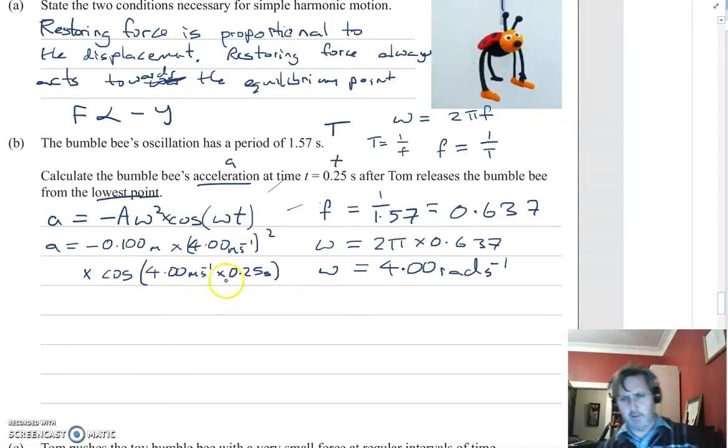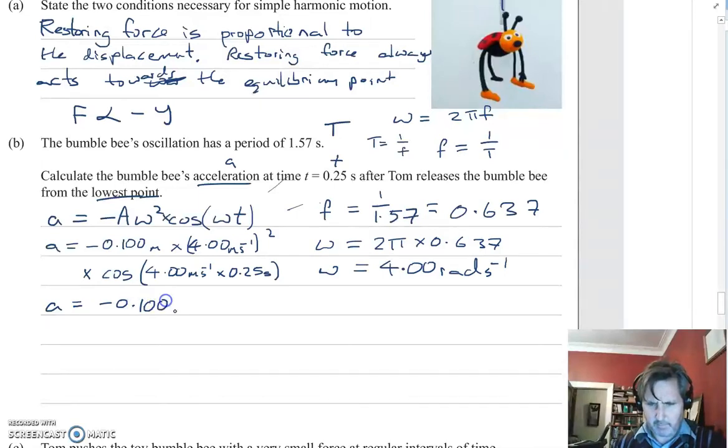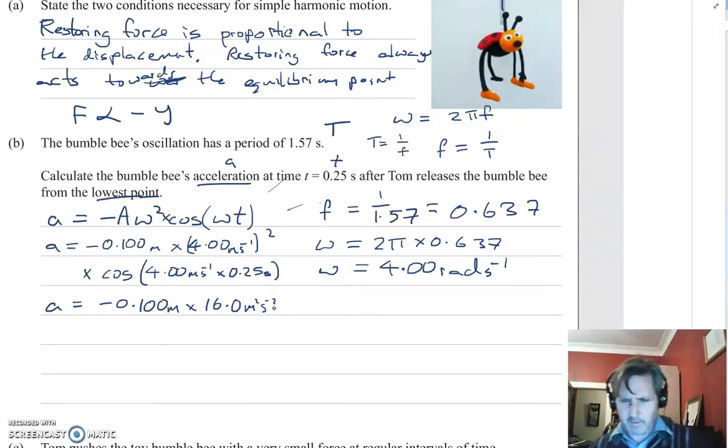When I carry out these types of things in my calculator, because it's quite a lot of numbers going in at once, if you have the time, you might simplify each part before doing the final calculation. So I'm going to simplify this brackets. 4 times 4 is 16.0 meters squared second negative 2. And I'm going to simplify this cos. So I've got 0.4 times 4 times 0.25, that's 1. So I'm going to do cosine of 1 equals